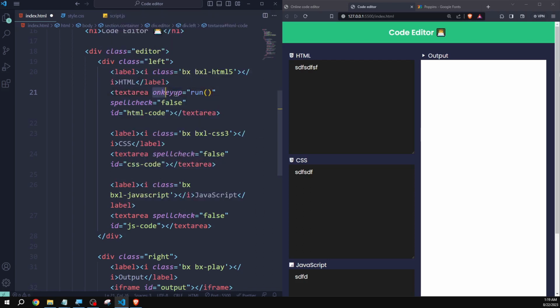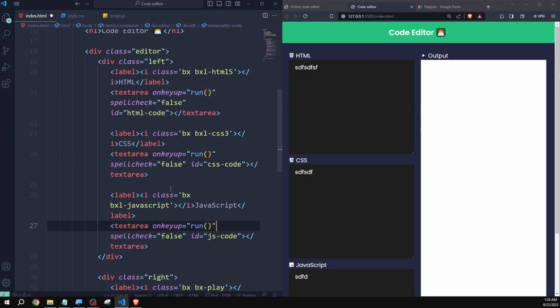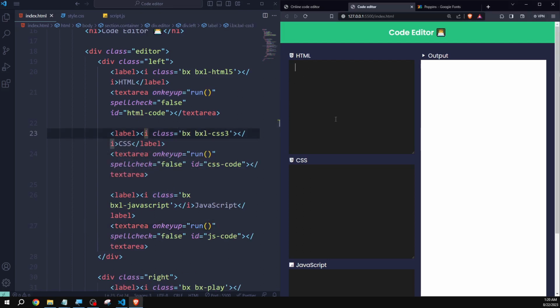Now I will simply copy this onKeyUp function inside our CSS text area and inside our JS text area as well. Now save, and if I go inside our HTML text area and write something, you can see that our output is showing here. If I add an h1 tag and write "this is heading", you can see that our HTML heading is actually working